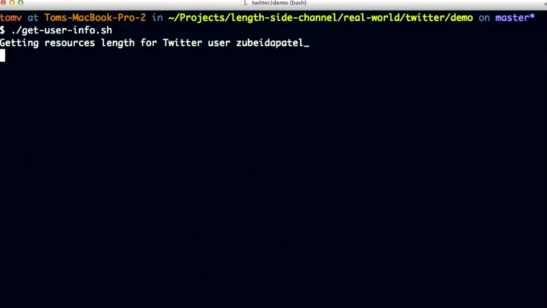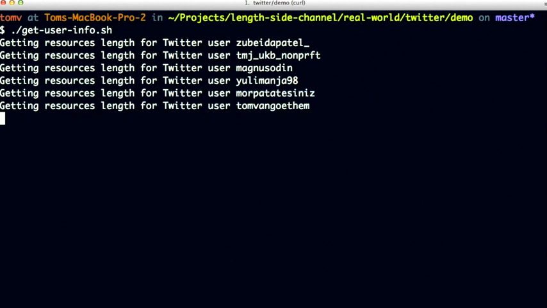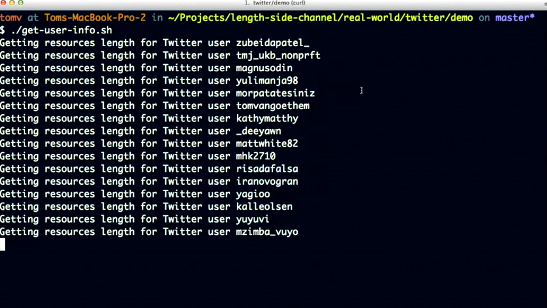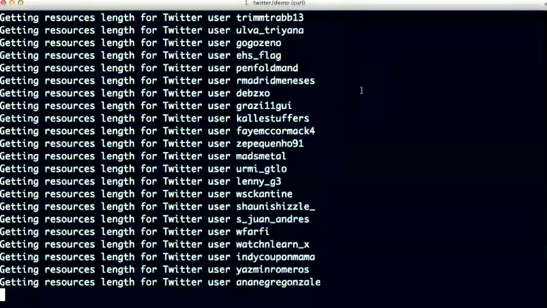So this brings me to the demonstration. In this demonstration, I will show how the identification of a Twitter user would work. In a first step, the attacker will collect the resource sizes, as we saw in the beginning. As you can see, here it collects information about users and my username as well. And you can see that this runs from the command line,